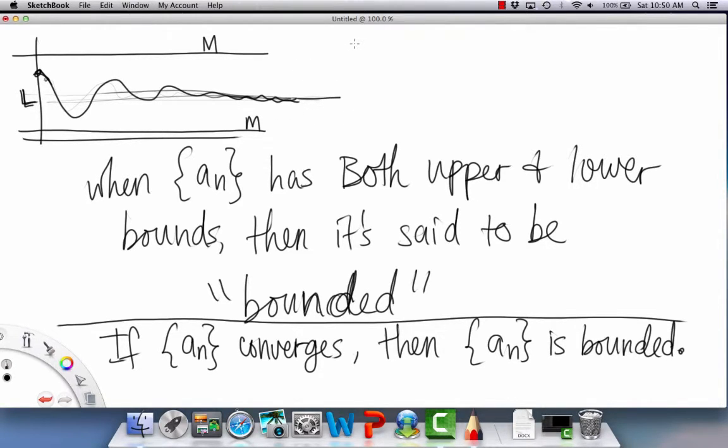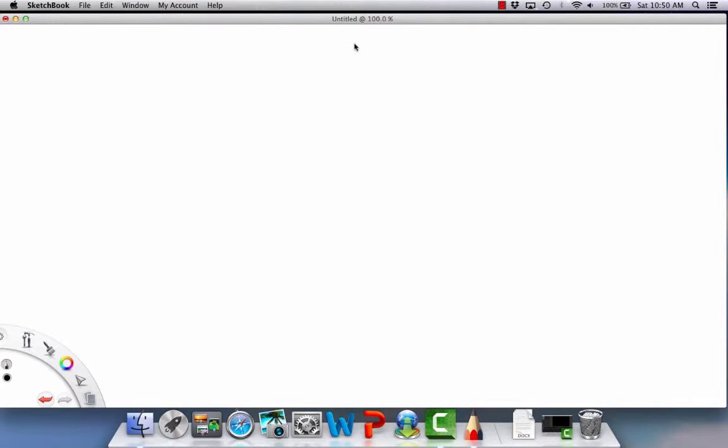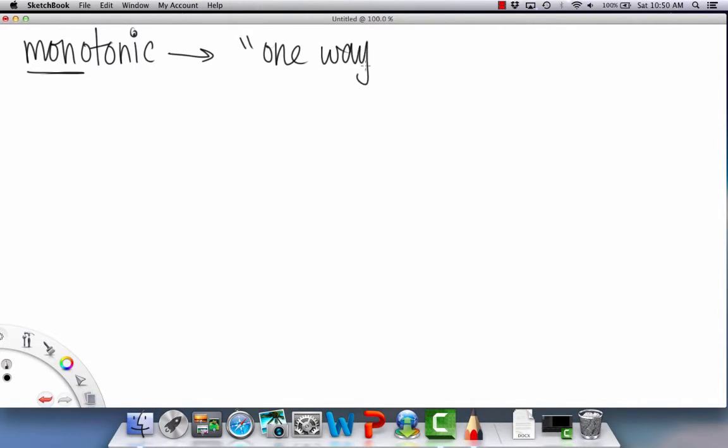Okay? All right. Now another term I'm going to introduce is called monotonic. Anyway, this mono part means one. So I think of this as a term that means one way. There are kind of two ways that it can go, two options, two cases. The first would be when a sequence is increasing